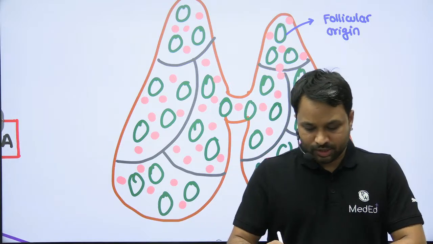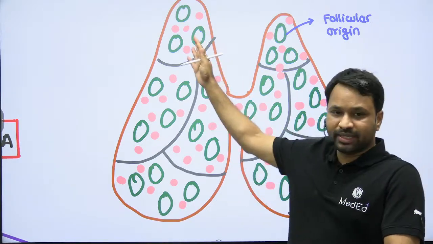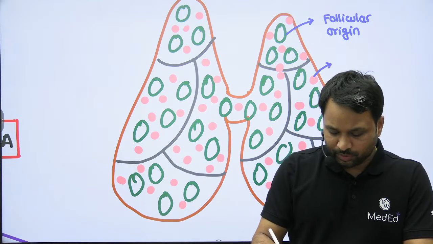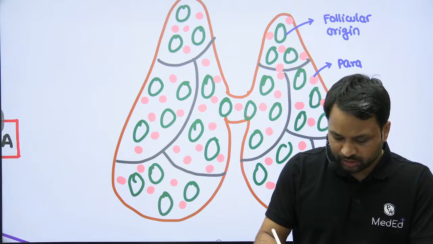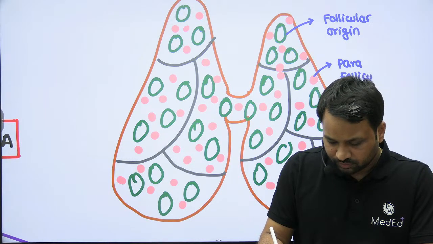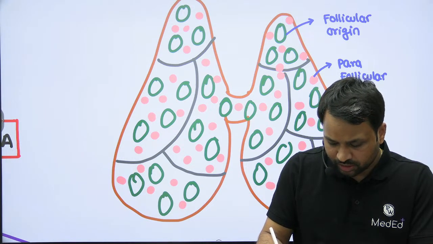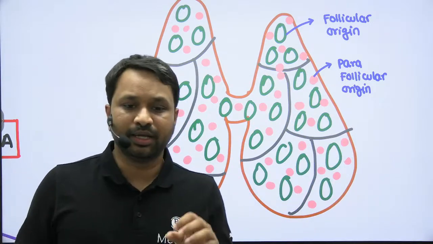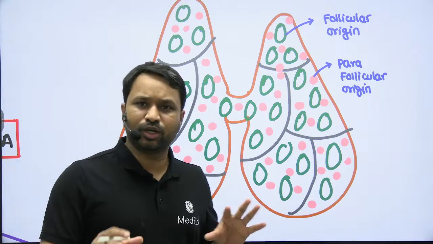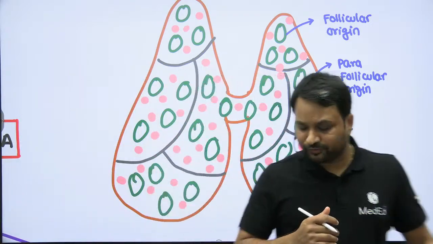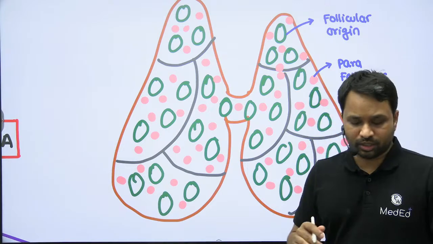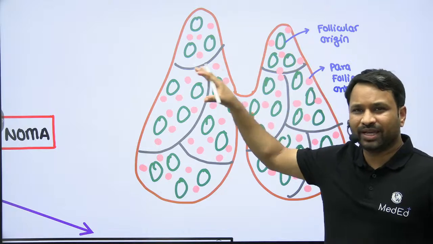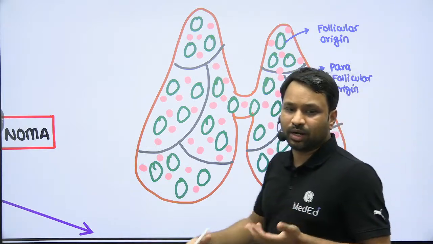Okay, right. So if the tumor is originating from these, it is going to be called follicular origin. If they are going to originate from this, we'll call it parafollicular in origin. And then you have the other set of malignancy that can originate from the thyroid component, which is going to be your thyroid lymphomas, right? So you have the follicular origin or the parafollicular origin in nature. So we'll try to understand that if a tumor is arising from the follicles, how are they going to behave? If they arise from the parafollicular cells, how are they going to